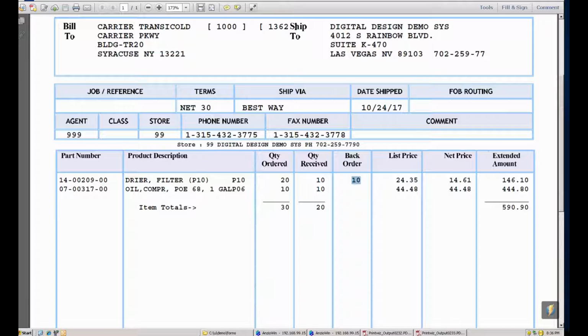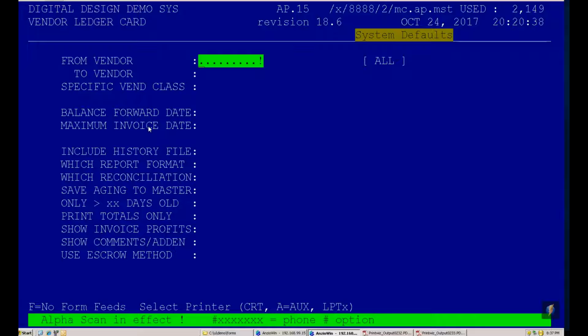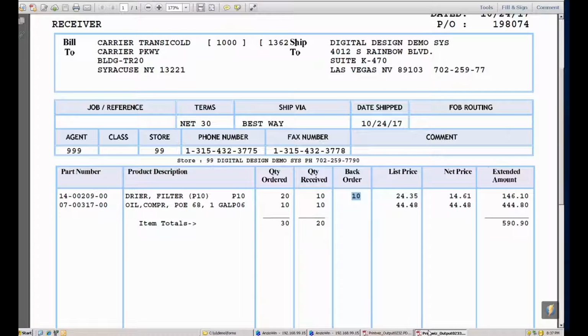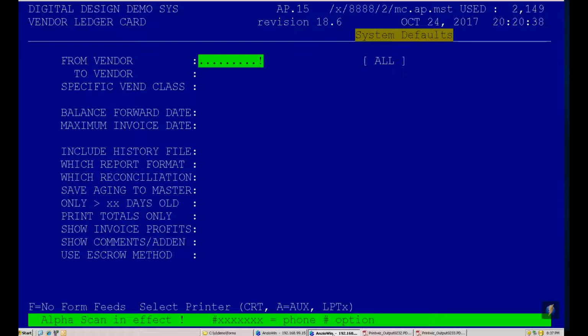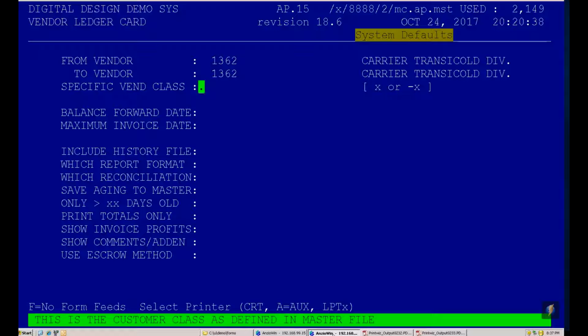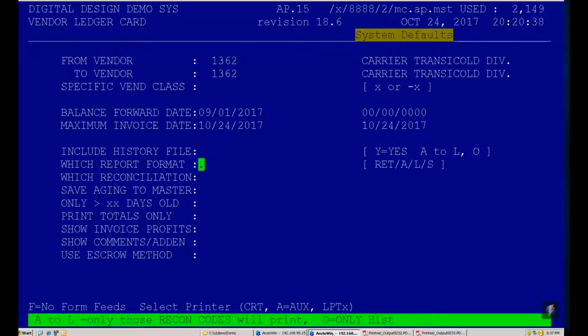Okay, let me pause. Okay, I came up with an empty ledger card because remember what I told you about a post to account? I was keying in vendor number 1000, but once it hits payables, it's really going to hit vendor 1362. So that being said, I'm going to do 1362, 09012017, and to today's date,